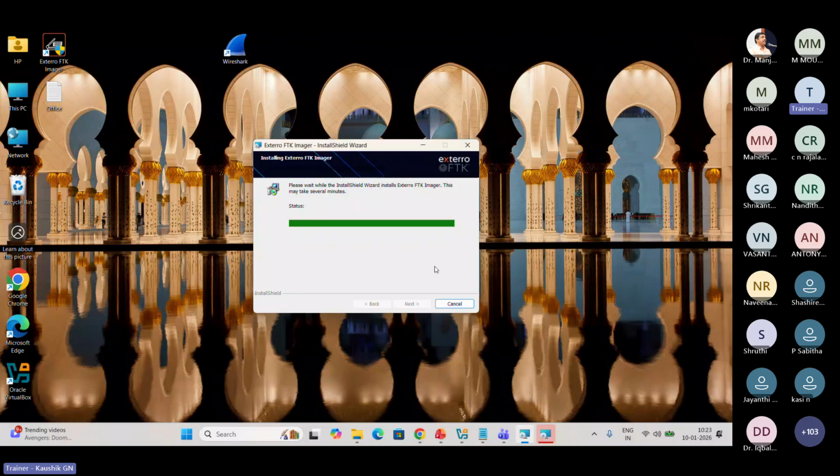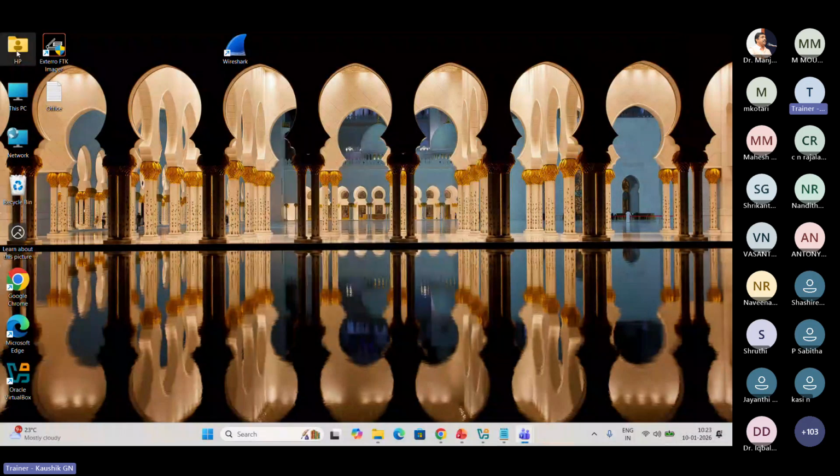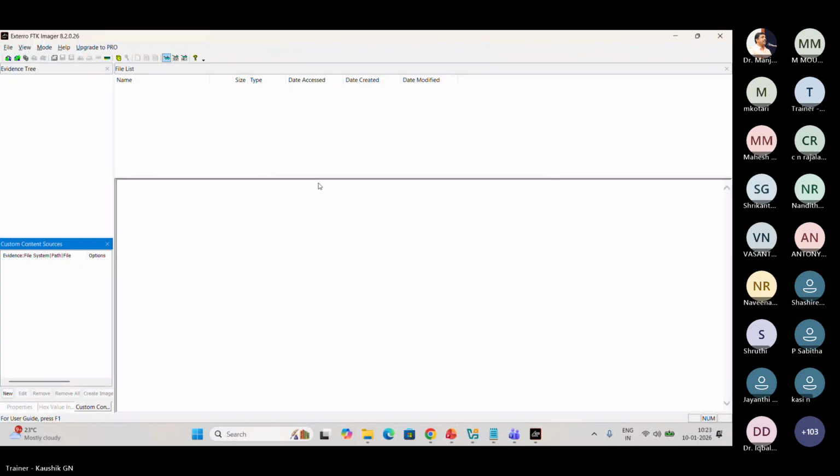Correct. Other than that, details about the operating system. Correct. You will get details about the operating system in the RAM.